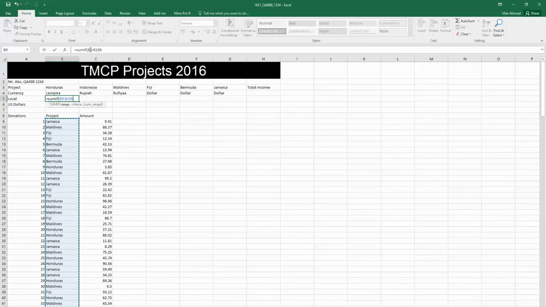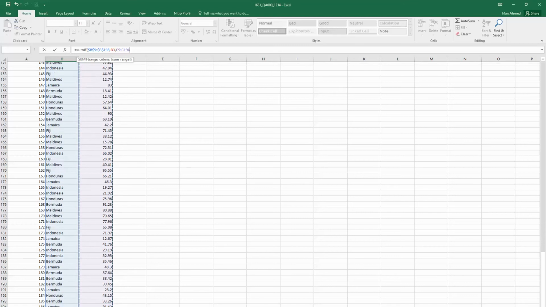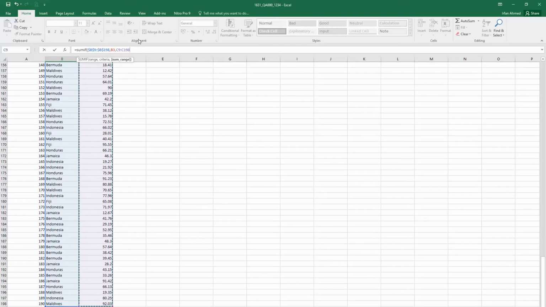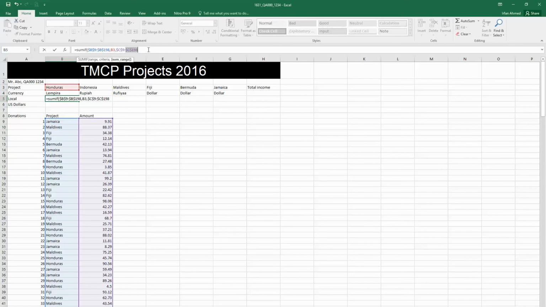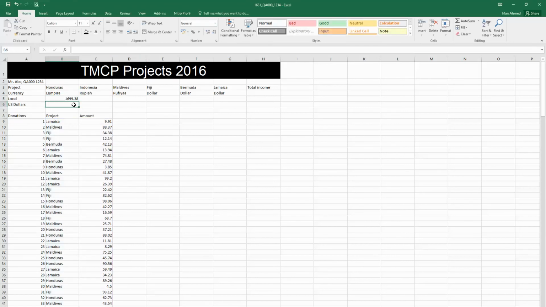Okay, and I'm just going to make that absolute so that it locks the cells into place. Press comma. My criteria is Honduras, which is B3, comma, and my sum range can only be these numbers because I can't add text. So I select all of these all the way to the bottom, like so. Okay, and again I can lock it into place, like so. Close the brackets, press enter, and you should have